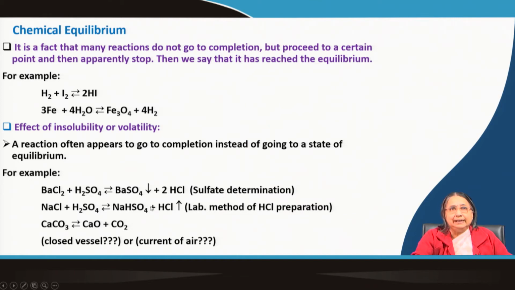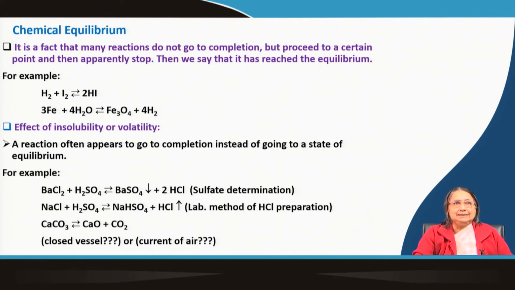It is the same thing, actually in this case it is a precipitate. So, it is going out of the phase, and here it is a gas. So, it is going out of the phase, and basically the principle is the same. When some product goes out of the phase, then more and more products are produced from the reaction, that means ultimately it goes to 100% conversion.